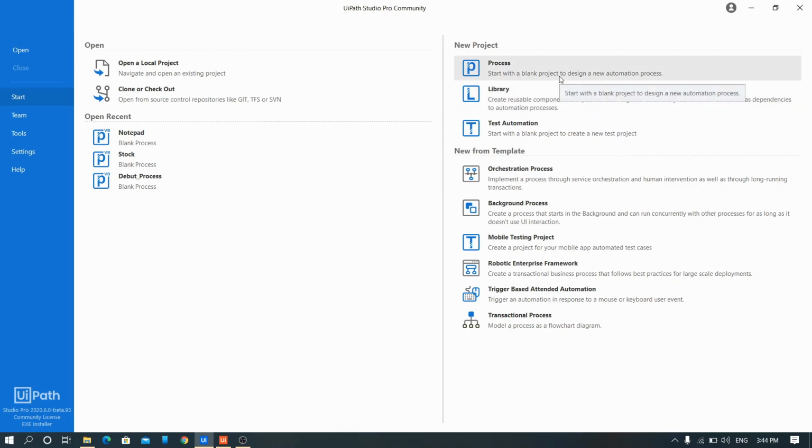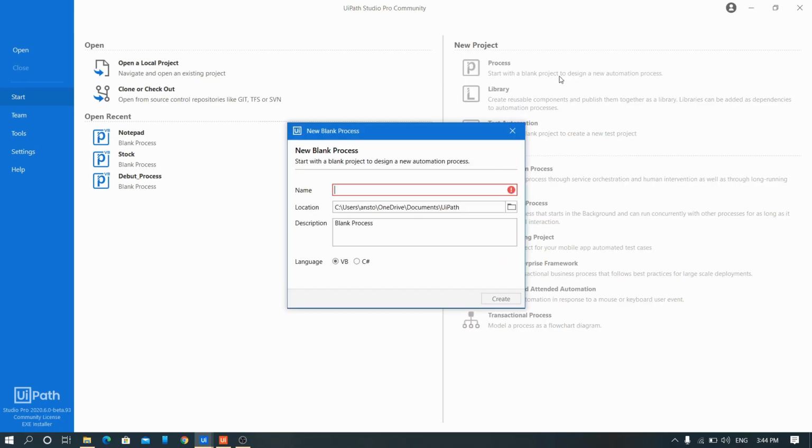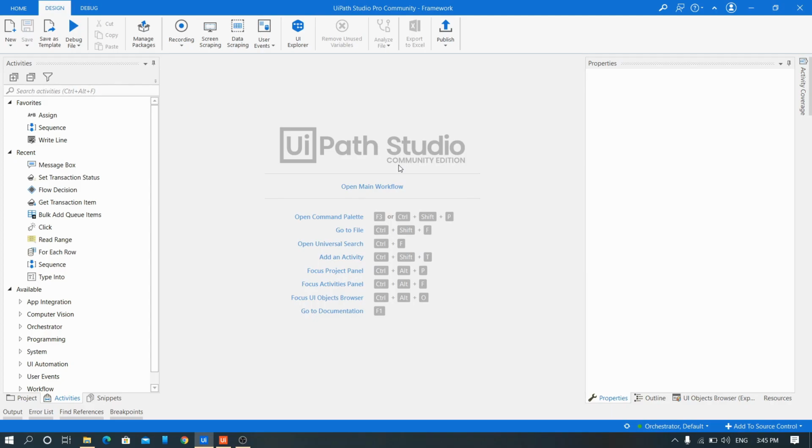First, we'll start with the process. We'll create a blank process. We'll give the name as framework. This will be a series of videos, in the sense we'll not be covering the entire RE framework in this. So we'll do it according to levels. This will be the level 1 part, in which only the basic part of the RE framework is covered.